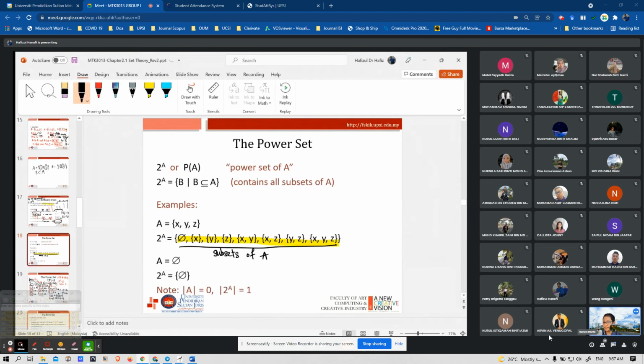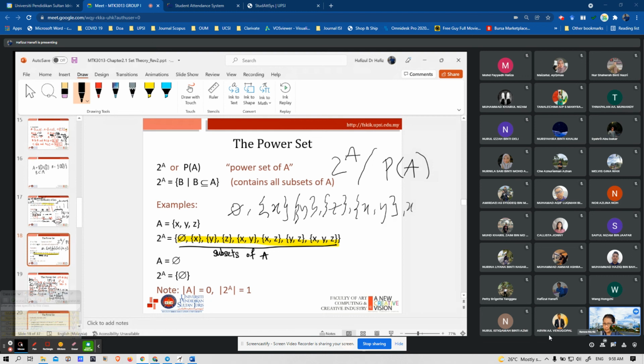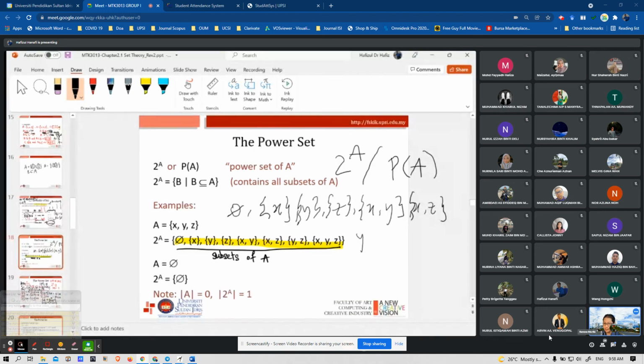And then we have the power set. You can write 2^A, or P(A), the power set of A, meaning it contains all subsets of A. For example, if we have A = {X, Y, Z}, for 2^A we list all possible subsets of A. We have the empty set, we have X, we have Y, we have Z, we have X, Y, and all possible values: X, Z, Y, Z, and X, Y, Z